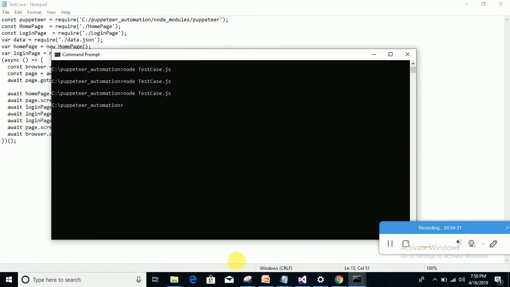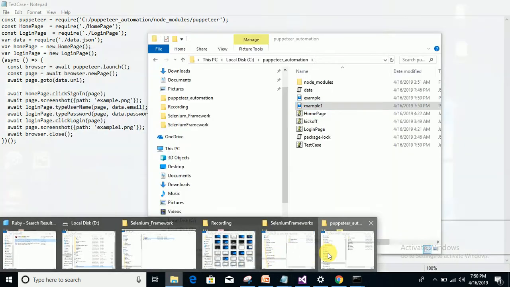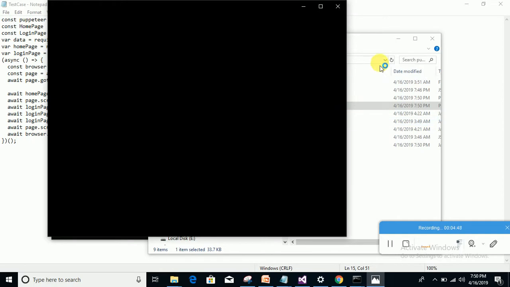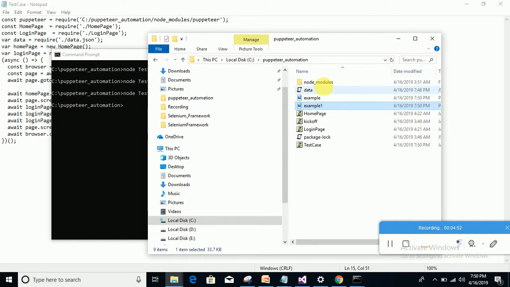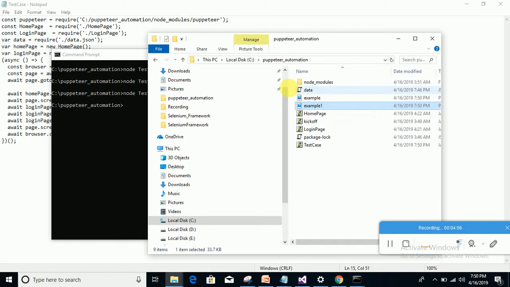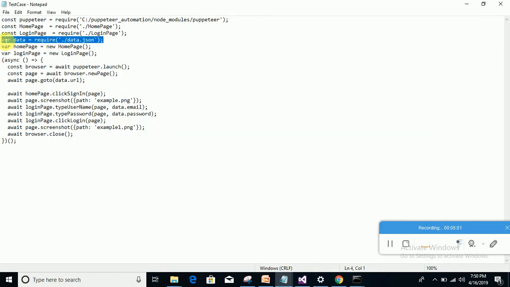Script execution is completed. Let's see whether we are getting it. 7:50, yes. We'll close it and open it with edit. You can see that it takes the data from the JSON file. So this is how we do data-driven testing with JSON in the test automation framework which we create from